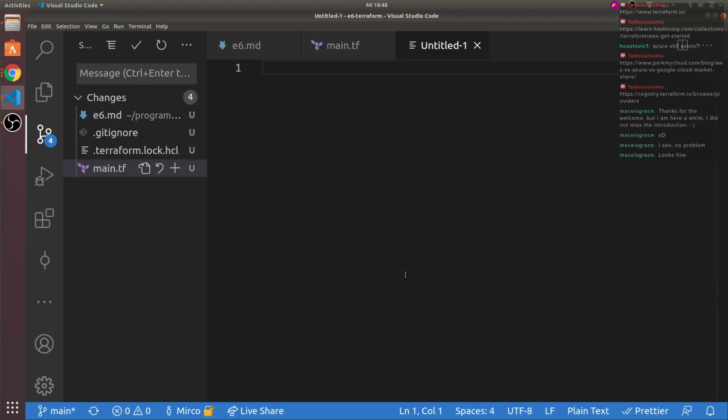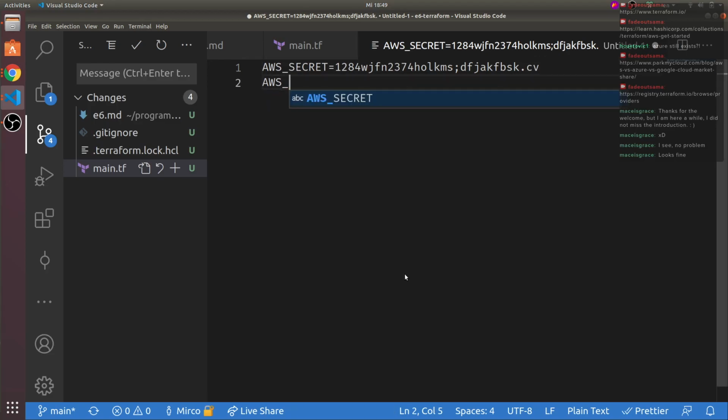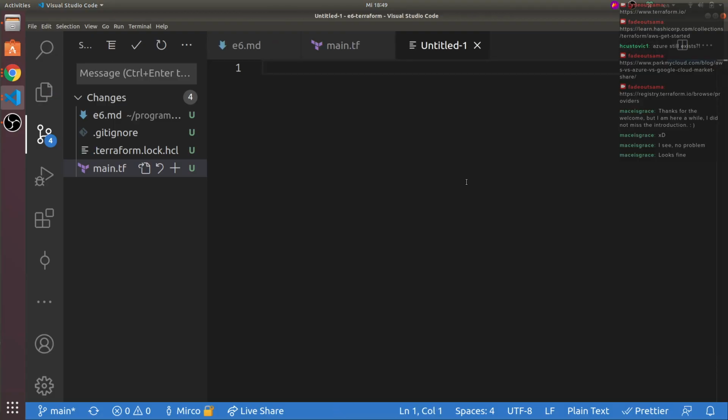How it essentially looks is it has a secret, similar to env variables, and it has an AWS key, I think, which is also something, and that's all that's inside the credentials file.